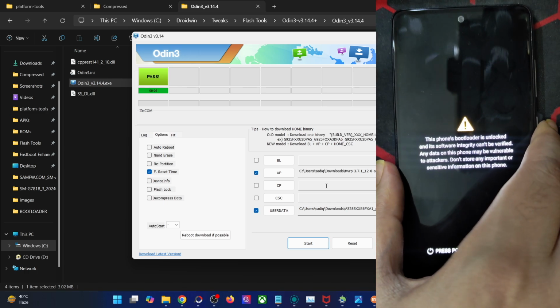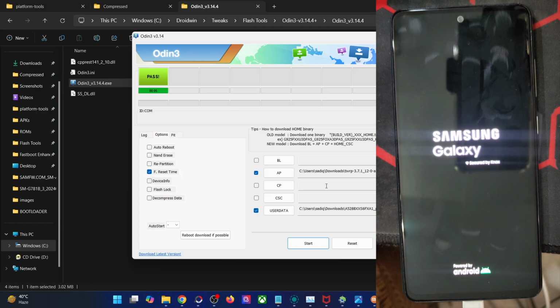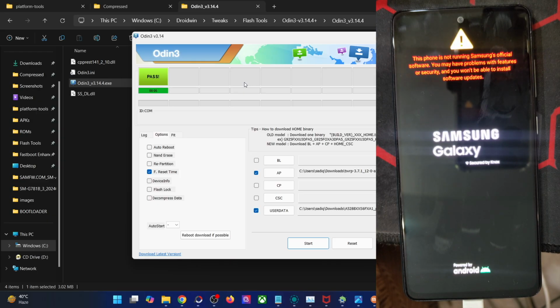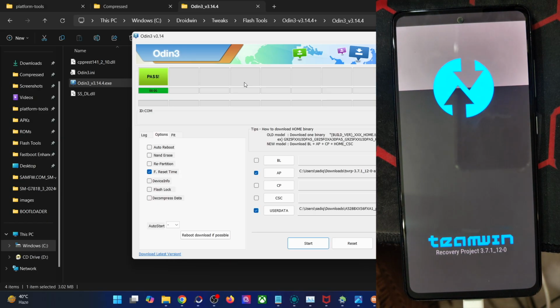And if you have done everything right, your phone should now boot to the TWRP recovery. But if your phone boots to the stock OS or the stock recovery, then you will have to reflash the recovery using this Odin tool once again. So let's verify what we have done in our case. In our case, we should now boot to the TWRP recovery if the flashing has been done successfully. And as you could see, we are now inside the recovery, so the flashing has been done.